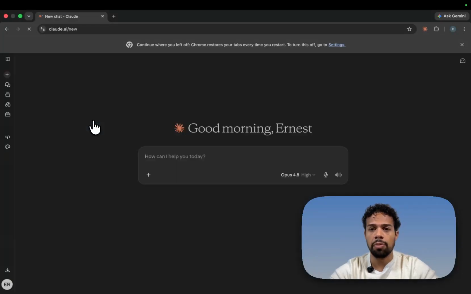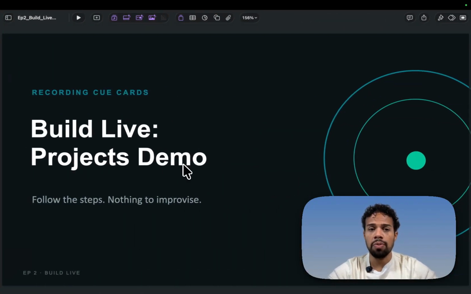All right. I'm already logged in, so it's greeting me. Your screen should look something like this. Plain. This is where most of us go into creating a chat. We start asking or requesting certain information. Maybe you want something to work on, but every time you do that, you will have to start from square one. That is just not something that I want you to do. I want you to put a stop to that. So I built a deck slide that we're going to navigate through to help us go along easy and smoothly so we don't lose track of where we are. So here it is. So let's start off with what a project is,